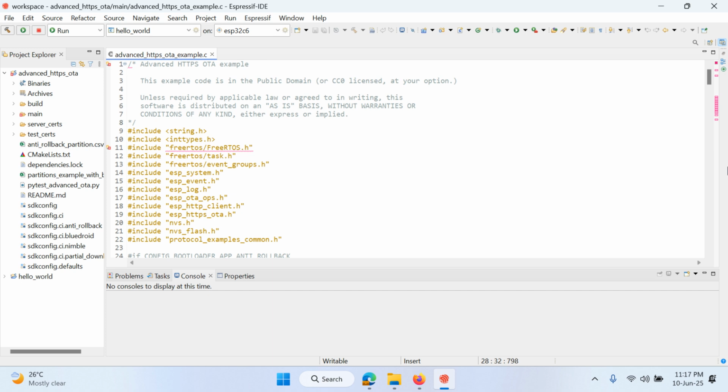In this video, we will talk about how to configure the OTA server. I have got a lot of comments and mails asking how to configure the OTA server. So we will be configuring a Python server that is already given by the ESP-IDF. I will guide you on how to create the certificate and key, and how to start the server. It will be an HTTPS server. The server will be hosting the .bin file, the OTA file, and later using the advanced HTTPS OTA code and an ESP32S3 device, we will download this .bin file from that server and perform the OTA. And we will also see some failure scenarios as well. So stay tuned and let's